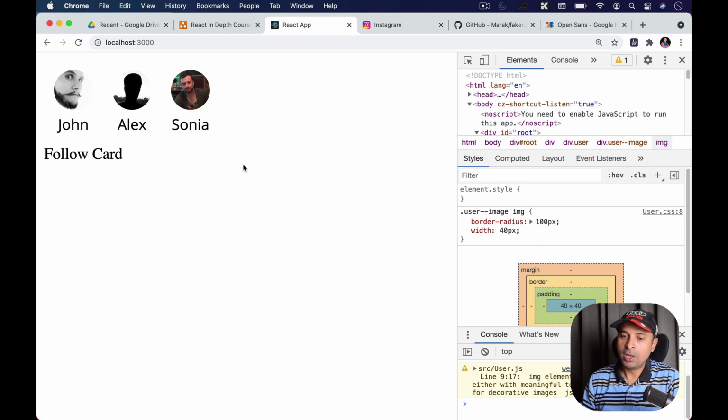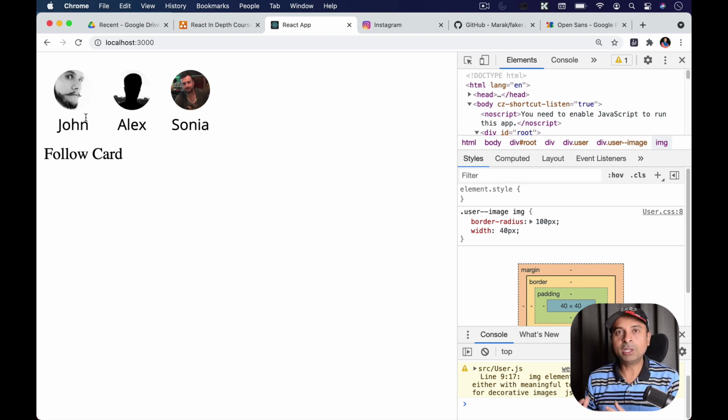Now somehow I would use this user inside my follow card. Okay, and I'm going to show you how this is possible. You have seen chocolate, right? So think about the chocolate wrapper. Think of this follow card as a wrapper and this user component as a chocolate inside that wrapper.